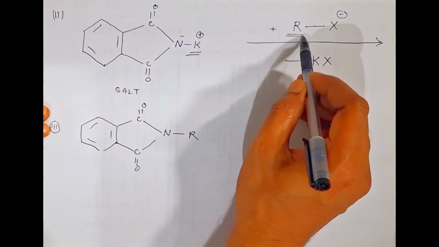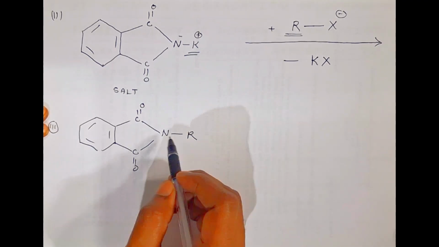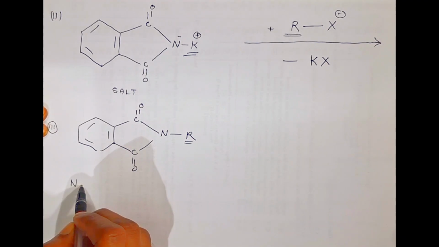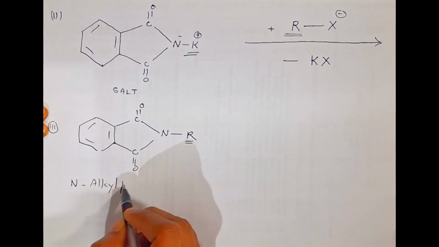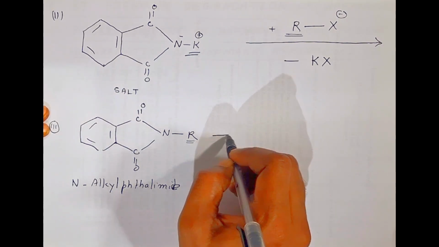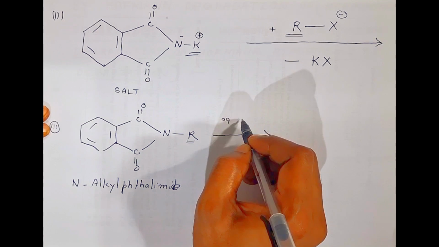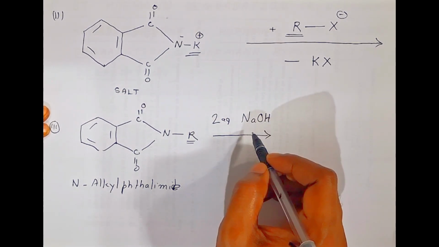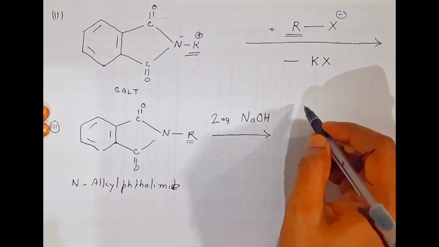So students, this alkyl is now in contact with this nitrogen and it gives you N-alkyl. This alkyl is attached to this nitrogen, so we call it N-alkyl phthalimide. Now what happens to this N-alkyl phthalimide if you add aqueous NaOH? Two molecules of aqueous NaOH now combine with this N-alkyl phthalimide and it gives you,